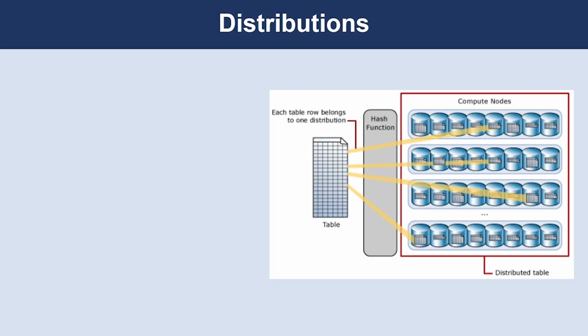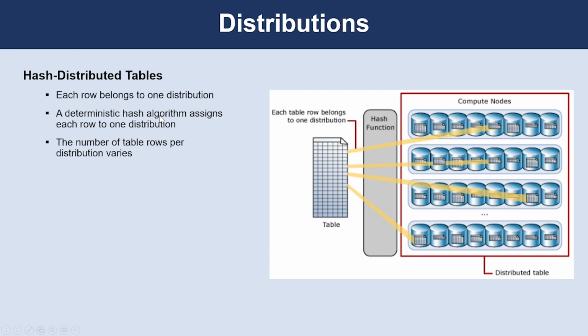Distribution is the basic unit of storage and processing for parallel queries that run on distributed data. When Synapse SQL runs a query, the work is divided into 60 smaller queries that run in parallel. Each of the 60 smaller queries runs on one of the data distributions. Each compute node manages one or more of the 60 distributions. A SQL pool with maximum compute resources has one distribution per compute node. A SQL pool with minimum compute resources has all the distributions on one compute node.